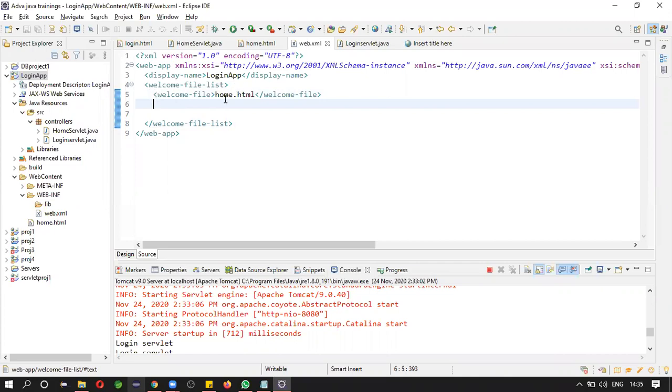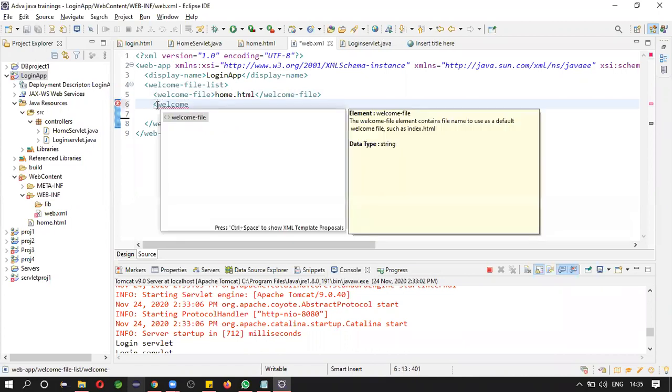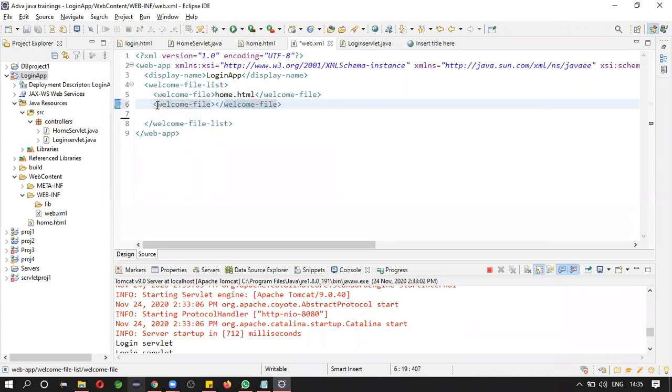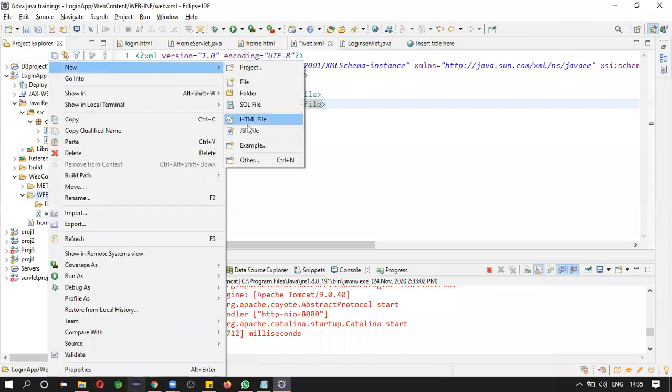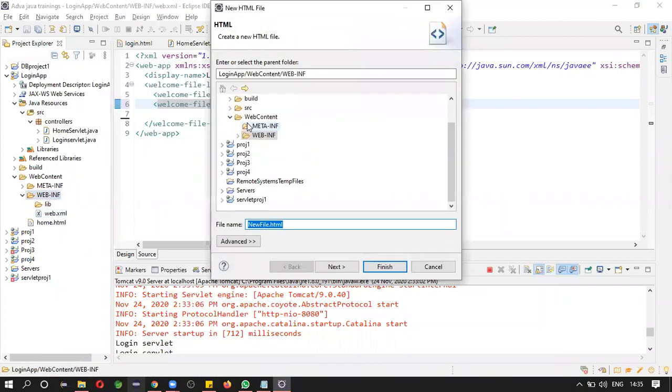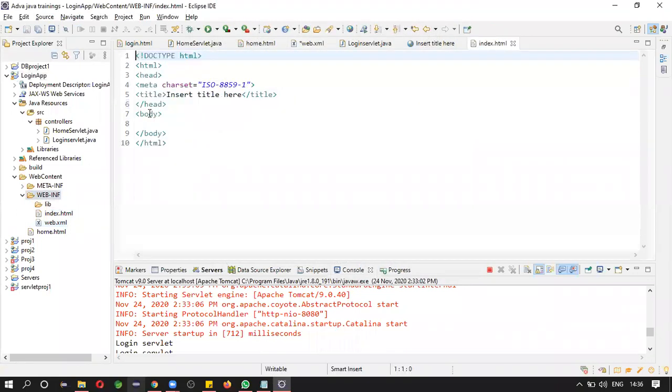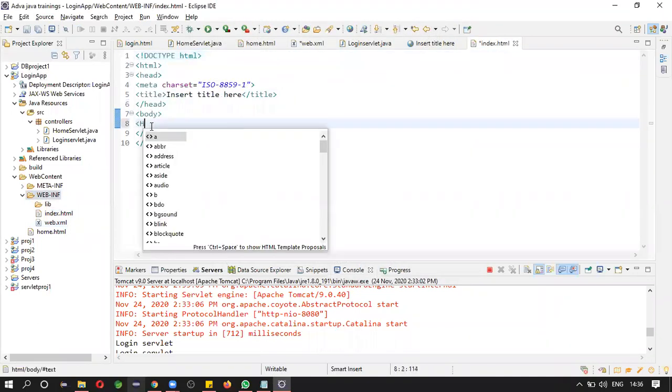If this file is not identified, you can also create one more file, index.html. Let me create one more HTML file, index.html right here.